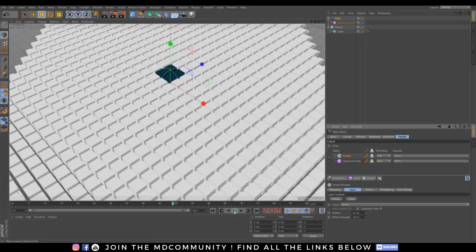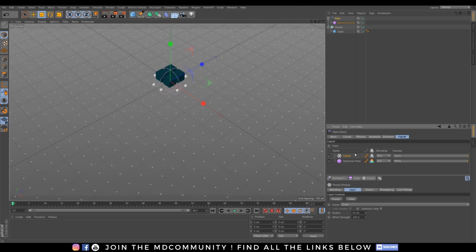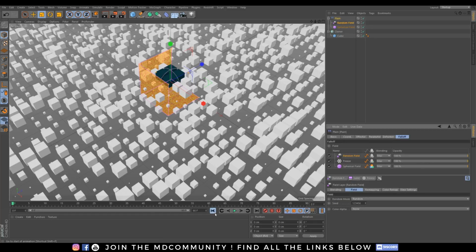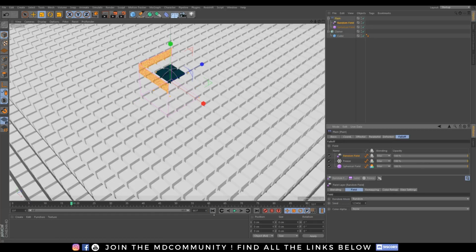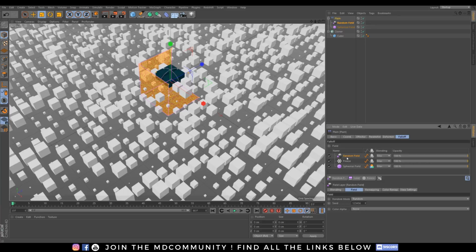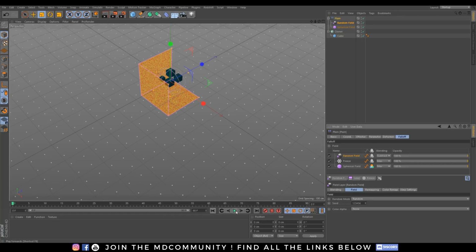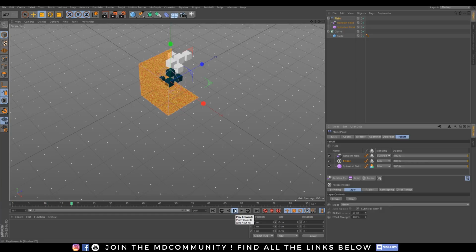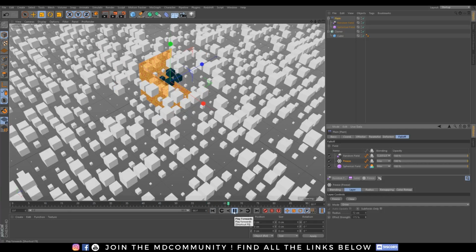I want to add randomness to this, so I will simply go there and select the random field, and right now it's not the effect I want. I will set my random field to subtract, and now nothing happens. I will increase my freeze radius, and right now things will happen. I can also change the effect strength to have something faster. This is nice.